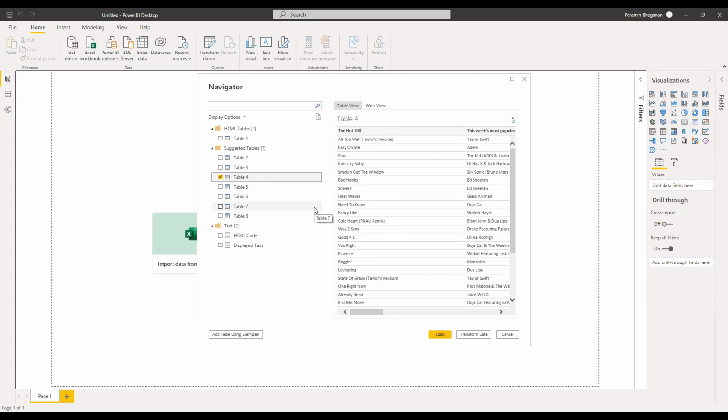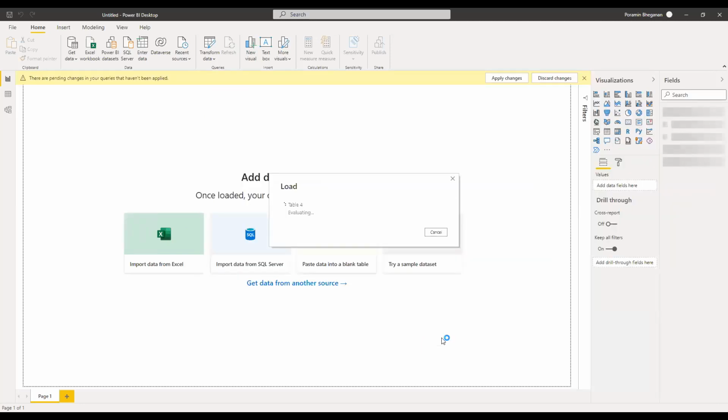Then I choose table 4 here. So on your required data, if it is on another table, just get that table. After that, we may load the data into our Power BI. When you load the data already, you can see that the data from the web is different, absolutely different from